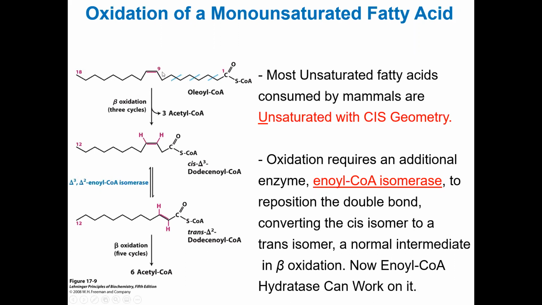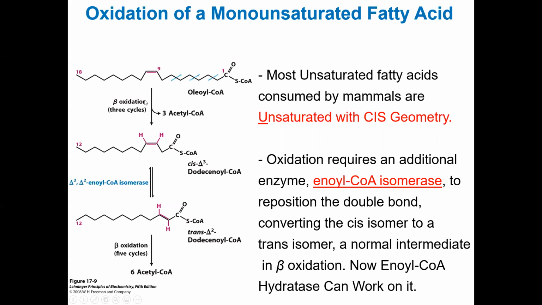You can see a cis double bond between carbon number 9 and 10. Carbon number 1, if you recall, is the carboxylate carbon, right? So this is an activated ester of an 18 carbon monounsaturated fatty acid, oleic acid. They are showing you the starting material, oleoyl coenzyme A. Remember, fatty acids must be activated before they are brought into the mitochondria for beta oxidation. So they are showing you that activated fatty acid, which will happen in the cytosol.